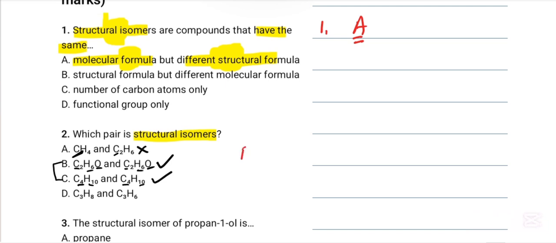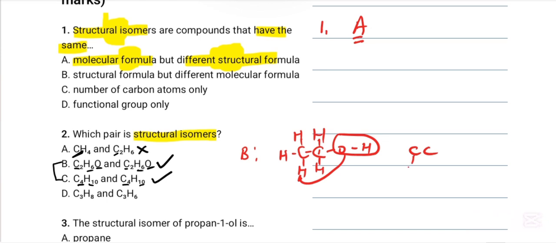So for B, there are 2 carbon atoms, that is O, and hydrogen atoms 6. So I can draw it like this, I have OH here. That is option B. The second one, how can I draw it? OH is on this carbon, that is the first carbon. But if we remove it and put it here, it is still on the first carbon. Drawn like this, OH is still on the first carbon, which means it is not an isomer. So this one is out.